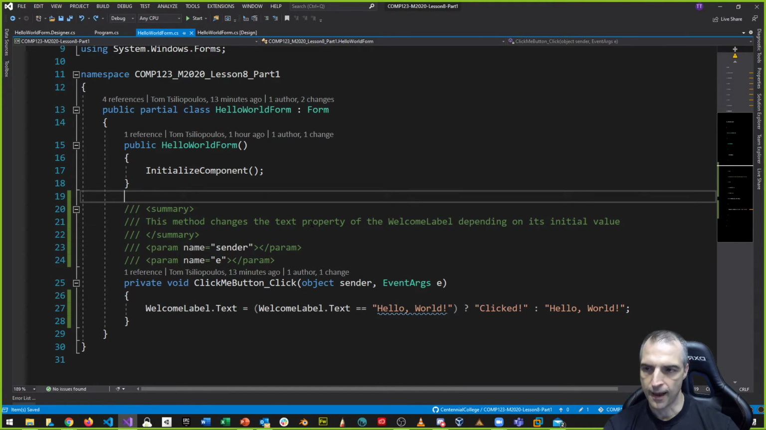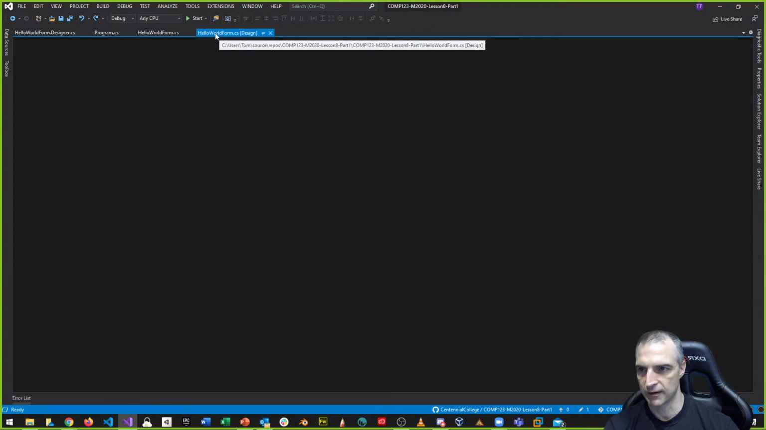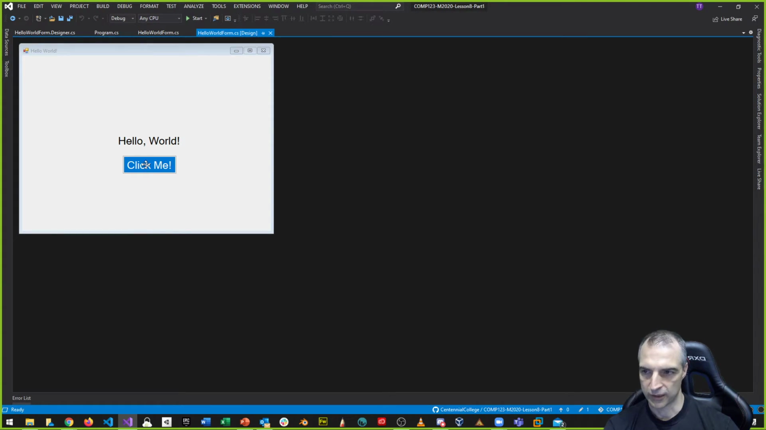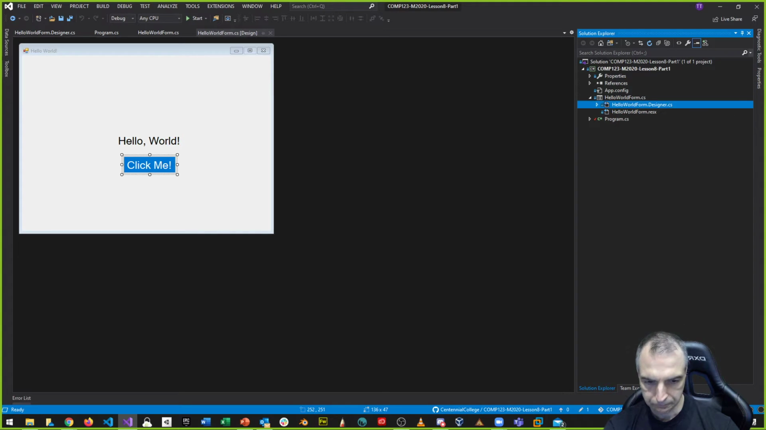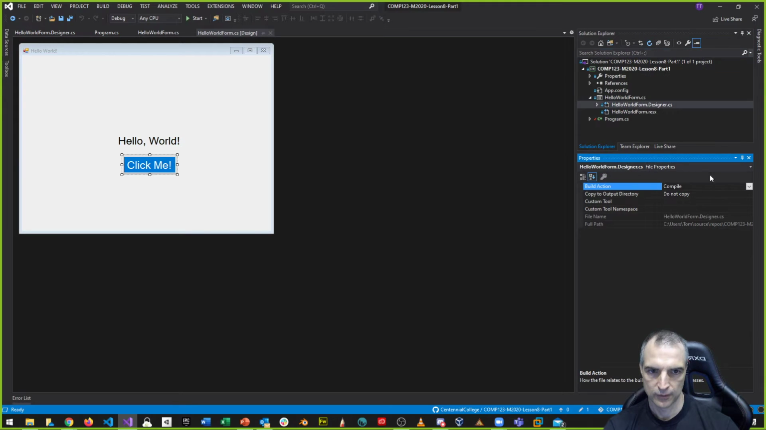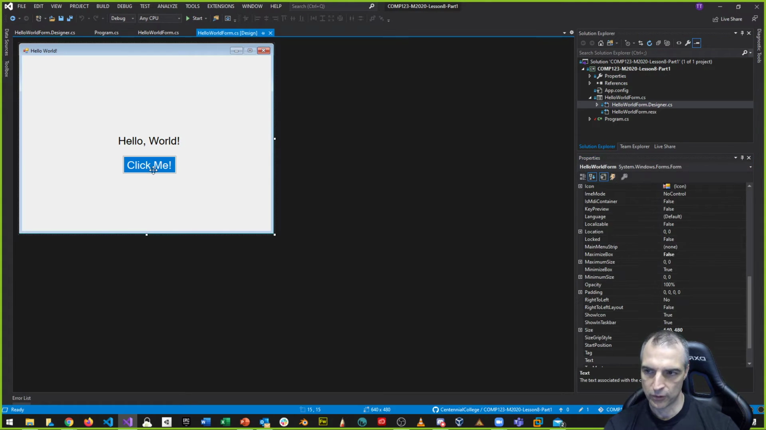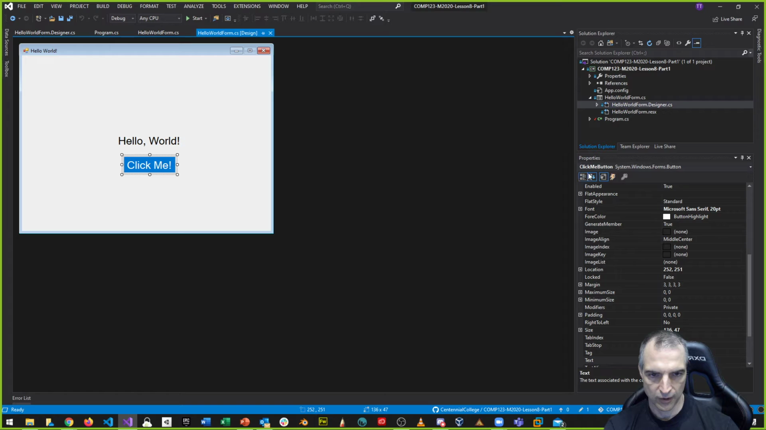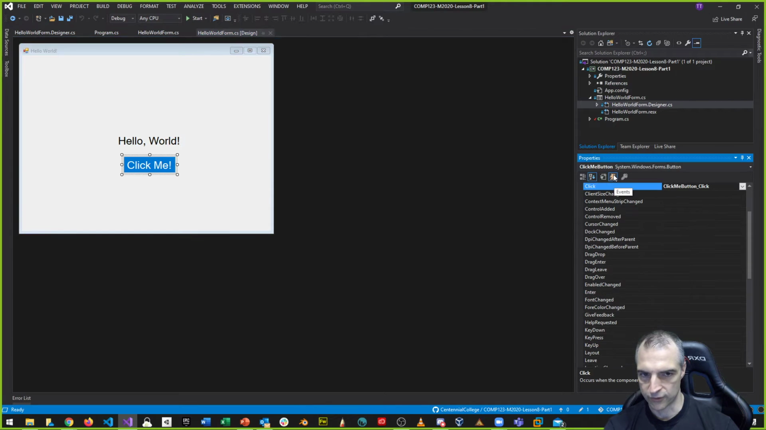If you want to not have an event happen for an object, then in my designer, on the design side, click on the click me button. Okay? Go to your properties. All right, here's my properties. And if you notice on the click me button, there are a bunch of controls up here. One of them is this little lightning bolt. This little lightning bolt control, if you click onto it, it'll show you that click me button click